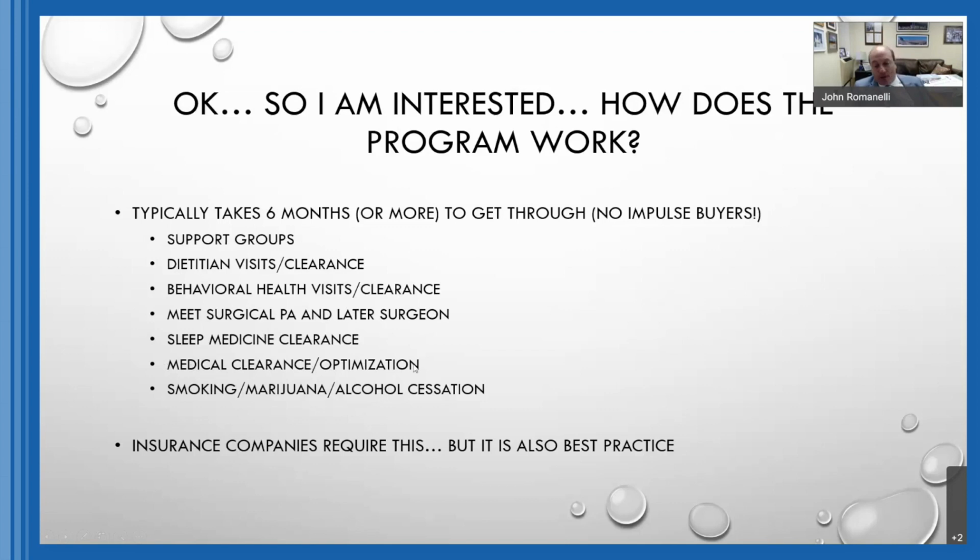You'll need medical clearance and or optimization. So for example, if you have diabetes, but your hemoglobin A1C is very high, suggesting that you don't have very good blood sugar control, well, we would need to get that controlled before you underwent surgery electively. If your blood pressure is very poorly controlled and you come into my office with sky-high blood pressure, that would need to be controlled before it would be safe to operate on you. And then all the fun things in life, like cigarette smoking, marijuana smoking, or alcohol cessation, needs to be stopped before you would go through to be cleared for the surgery. And the thing is, the insurance companies require this, but I don't fight it because it actually is best practice. So these are all things that you'll need.